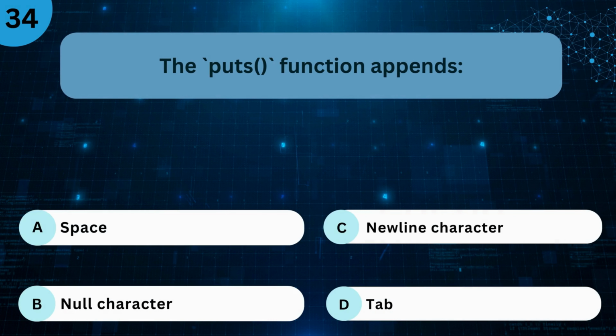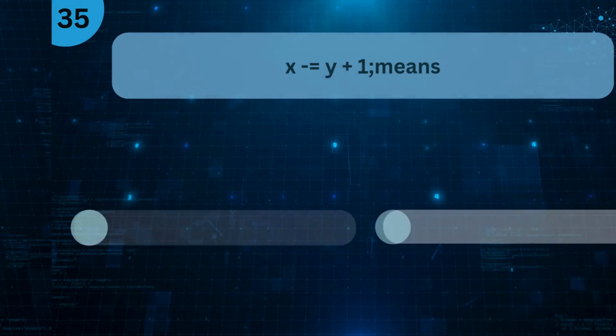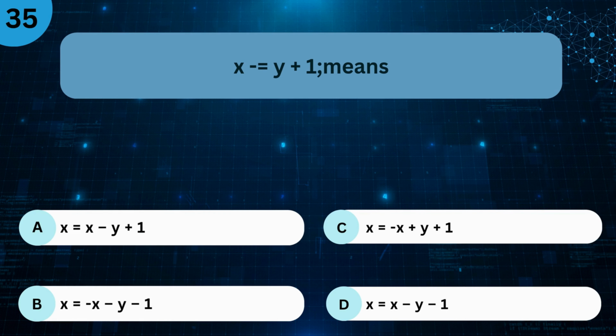The puts function appends A. Space. B. Null character. C. New line character. D. Tab. The right answer is C. New line character. x -= y + 1 means